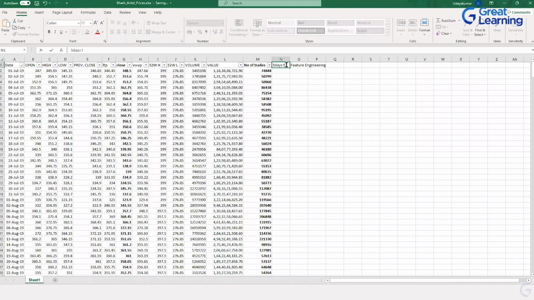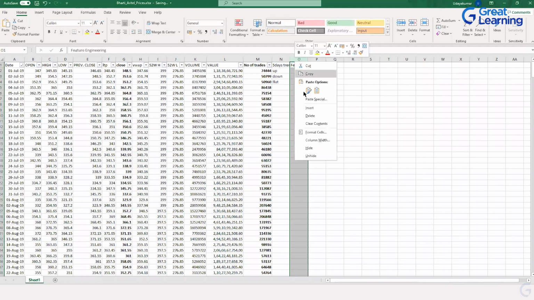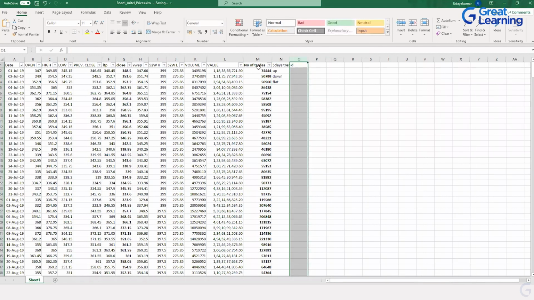Let's say 5 days trend. I can create a new variable, 5 days trend. What is the last 5 days trend? Is it up or is it down or is it flat? Was yesterday a high volume day? If it is a high volume day yesterday, nobody will look at that stock today. They will move on to the next stock. So if you want to trade, you want to know whether people will come into the market today or not. So I can say high volume,